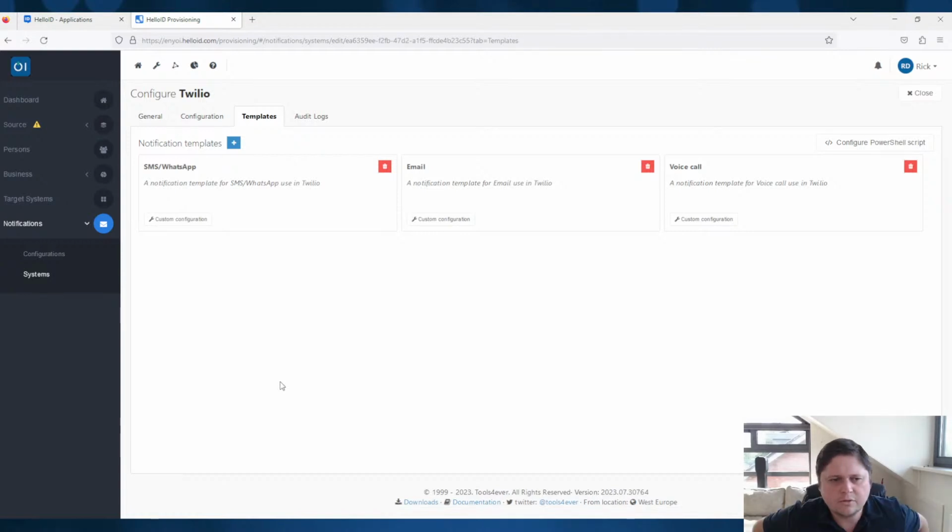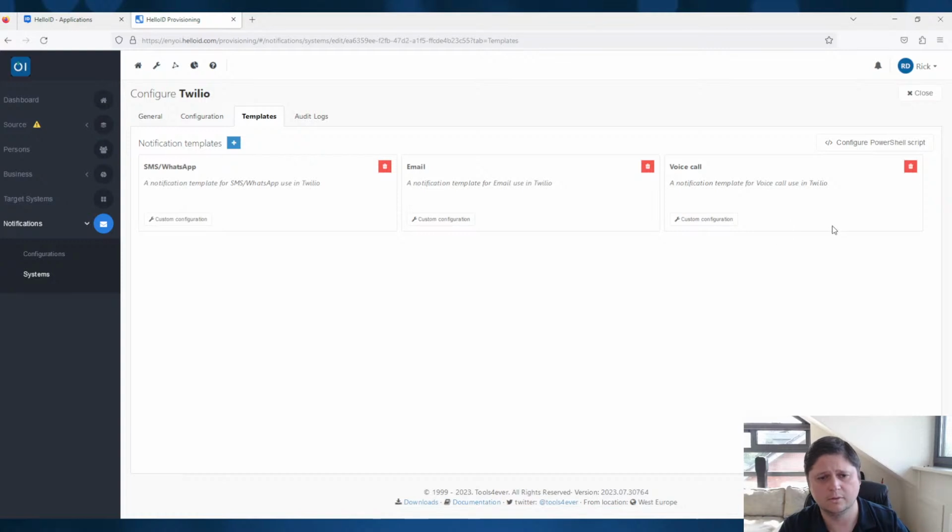Those are the main differences between configuration and templates. And like I said, you can do a lot of things with the templates. To explain the concept of the templates, it's important to know that there are two different types of templates which you set up. The first one is the one that we already talked about a little bit, and that's field-based differences in templates. So if I define an SMS or WhatsApp in my configuration, I need different fields than when I'm defining an